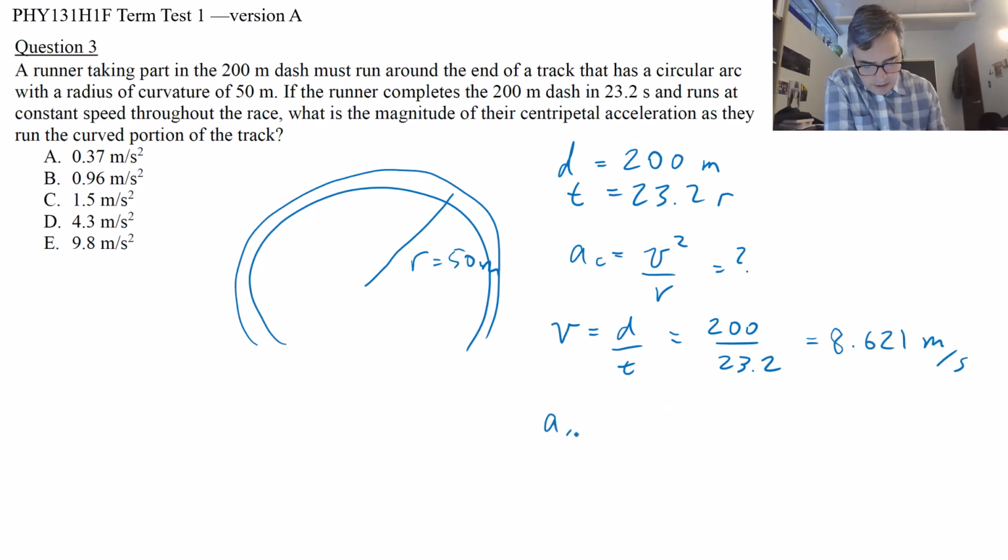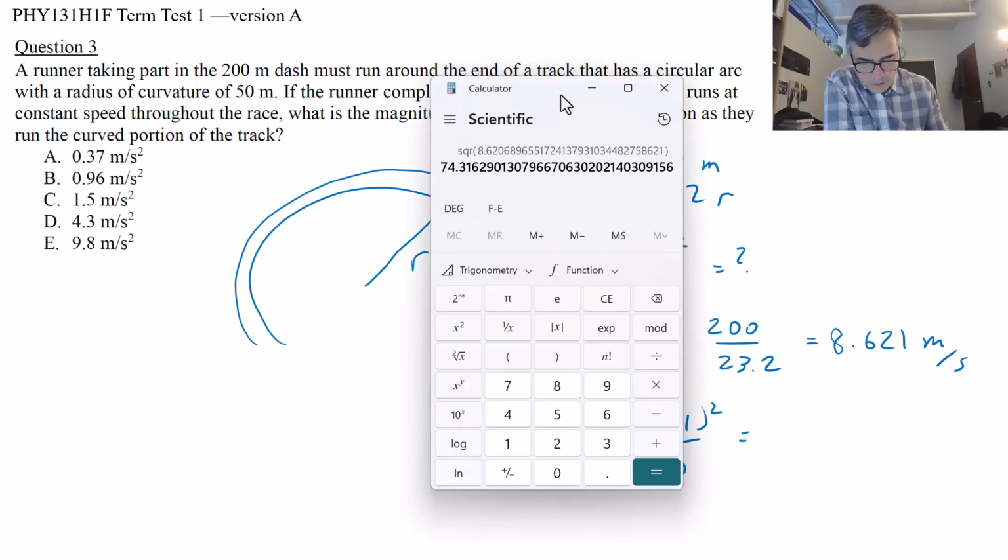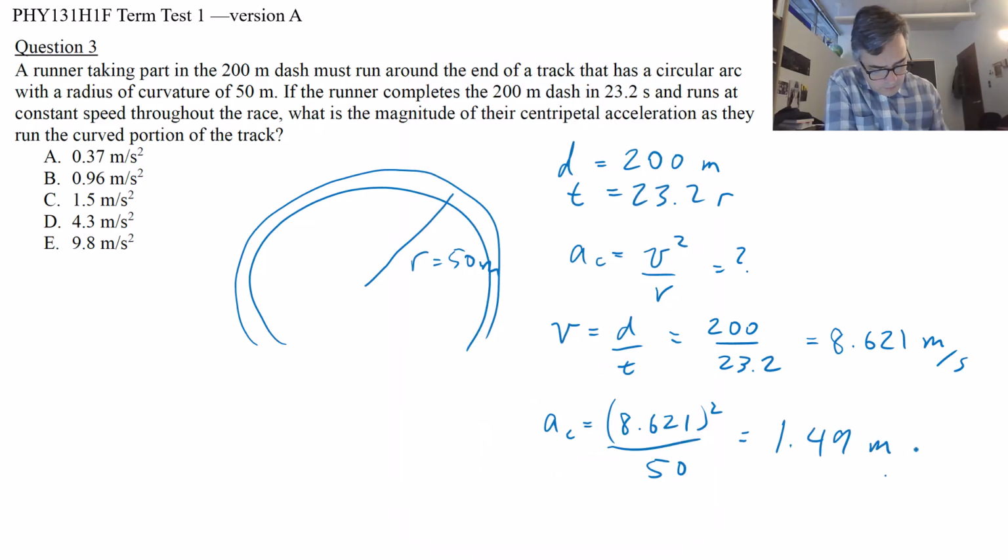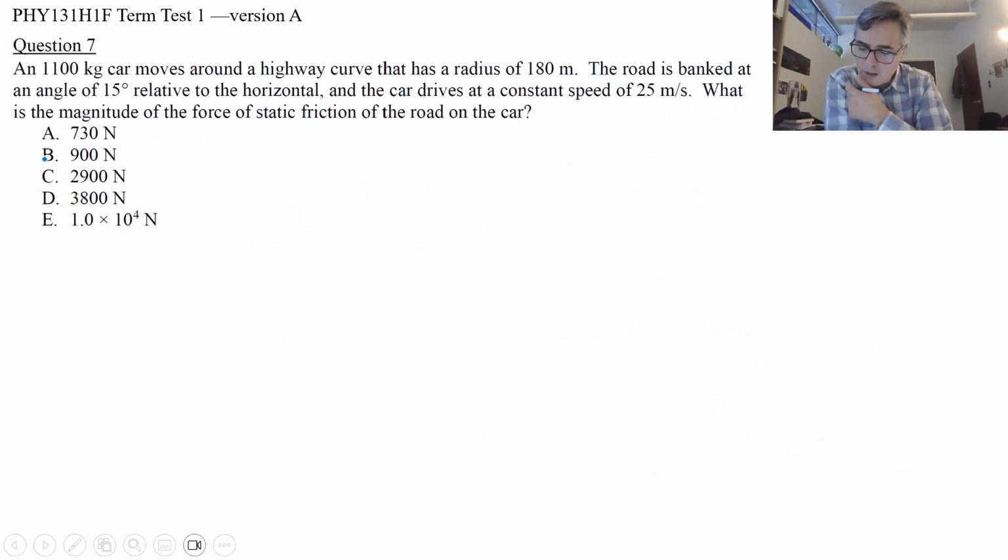And so we can just plug that in. 8.621 squared divided by 50. So square that result divided by 50 equals 1.49 meters per second squared. Closest to C. An 1,100 kilogram car moves around a highway curve that has a radius, so this is a